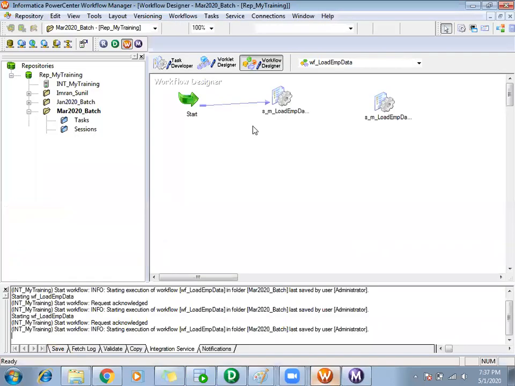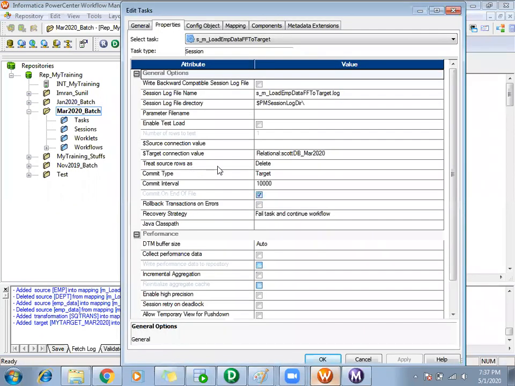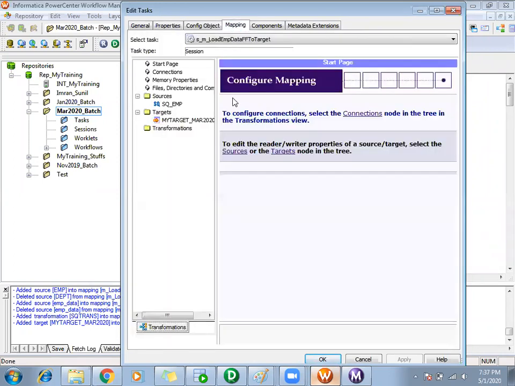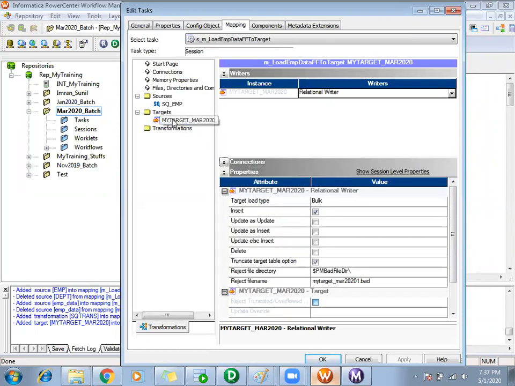Why? Because I have set treat source rows as delete. So I am flagging all the incoming rows for delete, not for insert. That's why Informatica was not able to insert the records. In the target level I told insert.